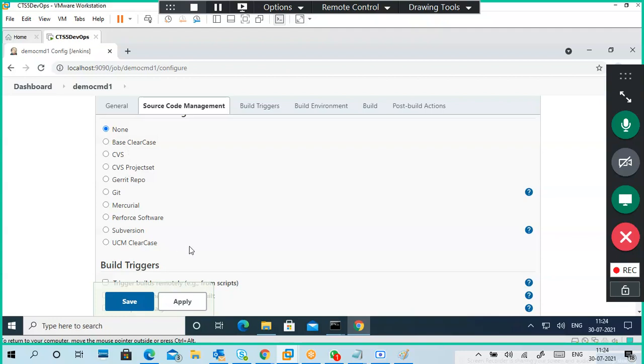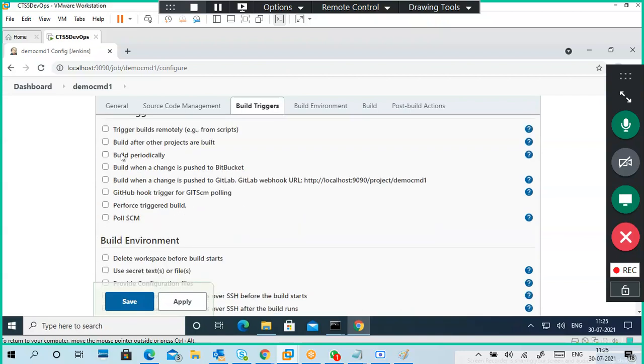There may be hundreds of source code location types, like Git and Subversion. Here it is based on my plugins; only based on the plugins do these options come. My source code is not in these places, so I should choose none. Next time we choose Git for a Git related one.